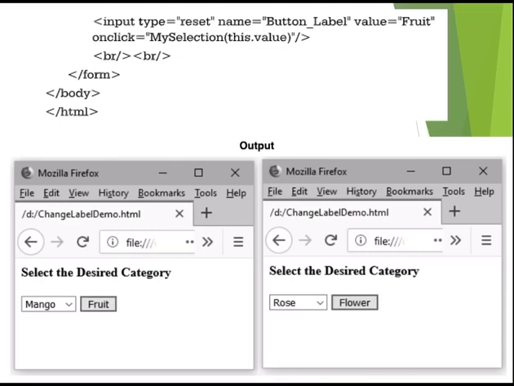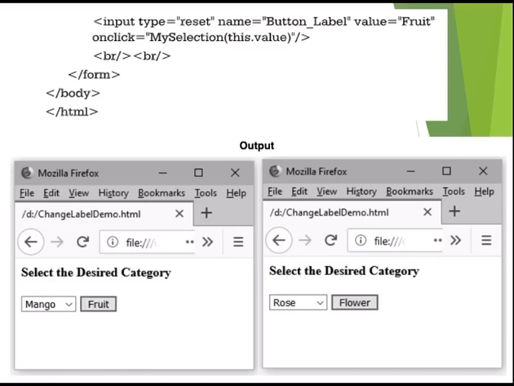We are going to take it as a reset button, and we are going to create an option list for that label, for that button. We are going to create two option lists, one for fruit and one for flower. When the fruit is your label, you will get the list of fruit. When you again click on the reset button of the fruit, the label of the fruit is going to change to flower, as well as your desired categories of fruits is going to change to flower.